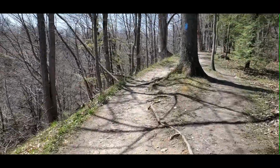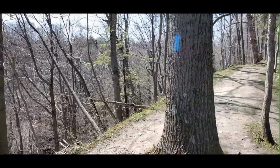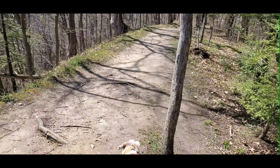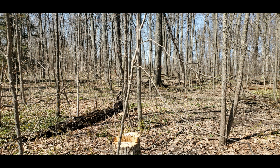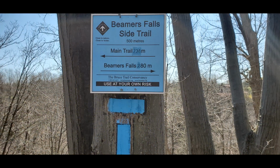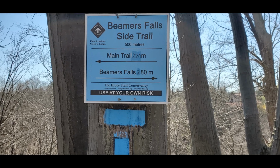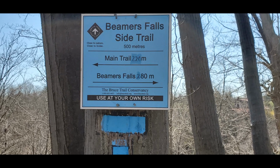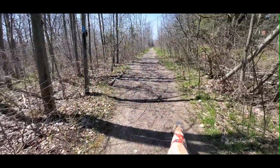So then a little further along, there's a spot where it's a bit of an intersection, and the main lookout trail goes back to kind of the parking lot, and you're on your way back. But if you are willing to continue on, there's two options. One is the Beamer Falls side trail, which continues along the edge, and then there's another wider pathway that goes kind of in between two properties, but it's still part of the park, and it takes you right to